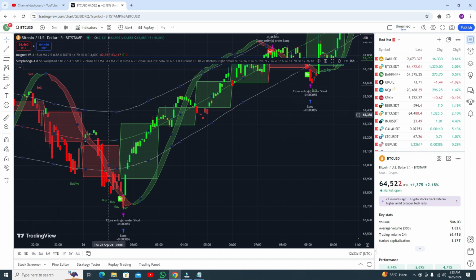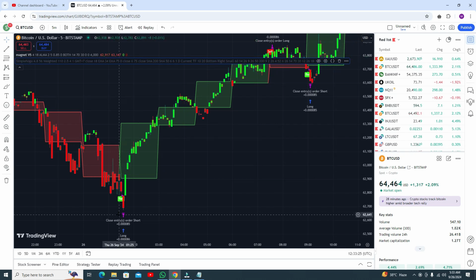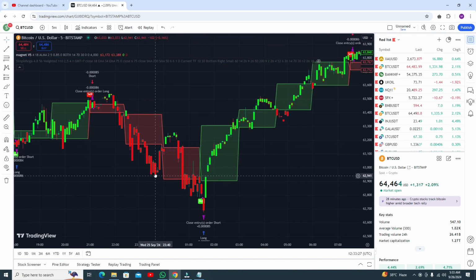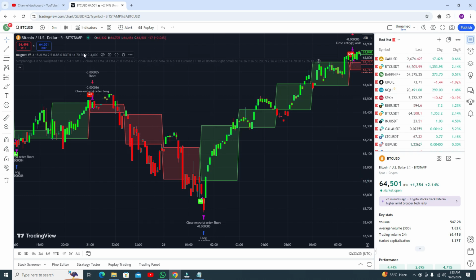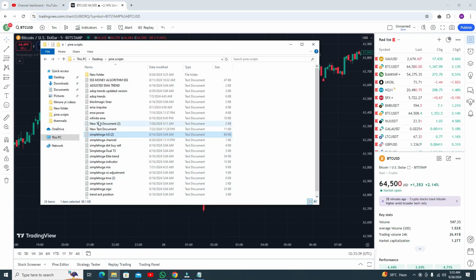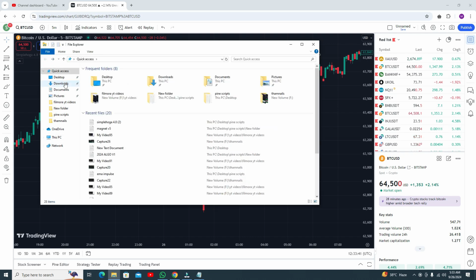Now there is a band and RSI, and there are some buy and sell signals. The previous indicator, this one, is giving you the buy and sell signals, and the accuracy of this indicator is around 89%. We need to add one more time, then you can see the accuracy. Let me add the indicator one more time.